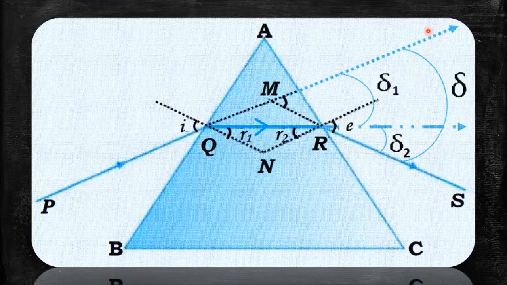Why? Because this delta is the whole angle, right? The angle between, let's say, maybe any point O over here. So O, M, probably say S, and that is equal to delta 1 over here, that is the first deviation, plus delta 2 over here, which is the second deviation. Now because by no means can I find out delta 1 and delta 2, I simply only need to find out delta, right? So in my final diagram, I am not exactly going to make delta 1 and delta 2 over here. It's just going to be a delta over here, alright?